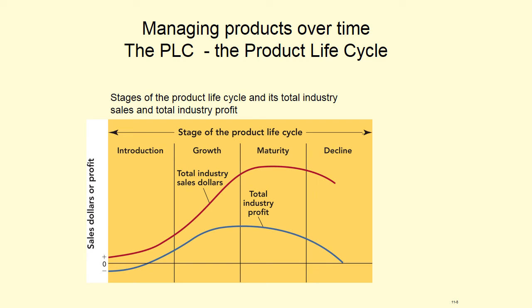And you can say, well, I can give you some examples, Jack, of where that's not happened. Well, my response to that is it just hasn't happened yet. So this is what's called a tautology. In reality, all products will experience this. Sales will go up and then eventually sales will go down. The idea behind the product life cycle is this idea of understanding where products are in a life cycle and then managing them accordingly. So we have the introduction stage, we have the growth stage, and then of course